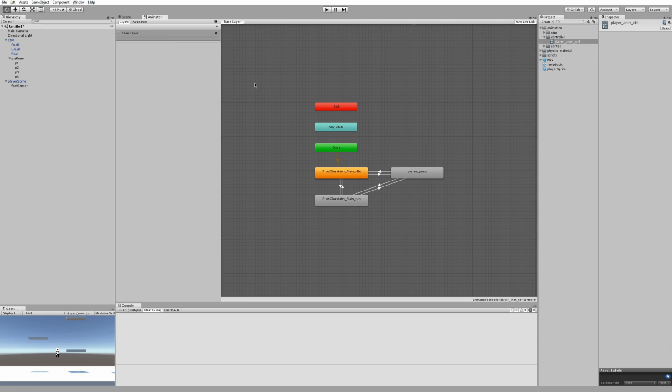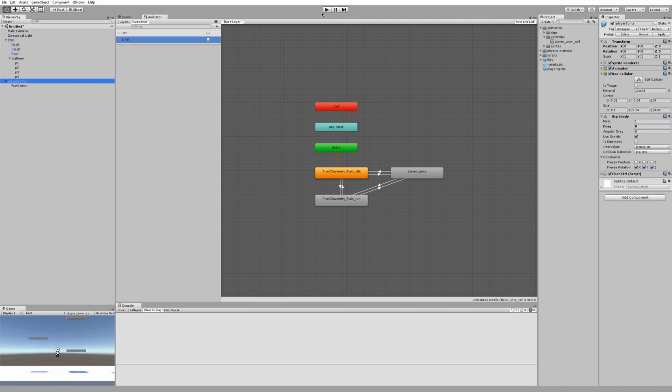On the left side of this animator window, we have layers and parameters. So if we switch over to parameters, we can see 2. One is run, one is jump. So what these things are, they are the triggers that control how the transitions happen. So if I have the player sprite selected and play the game,